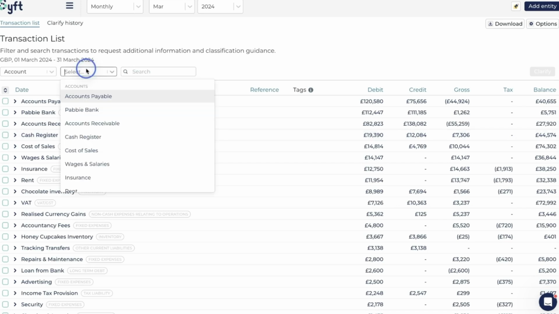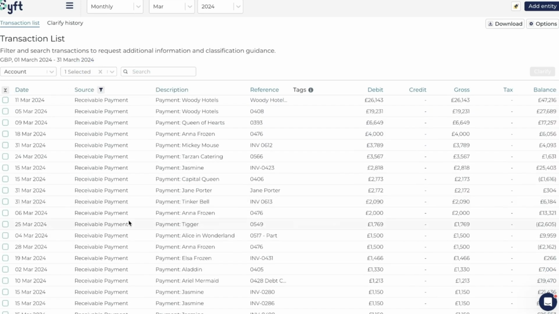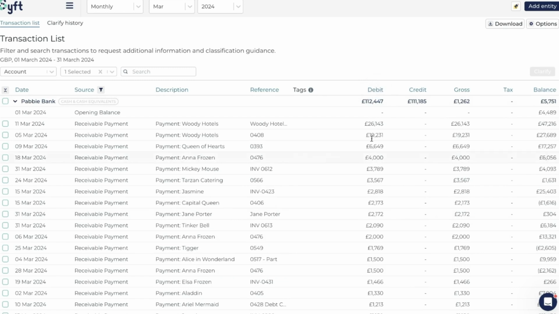We could also, as we saw earlier, look at a specific account and look at the transactions that happened within that account to understand better the reason for a movement in that account. So if there was a very large movement in a specific account, we could sort from high to low and see what the biggest movements were. And here we could see there was a big payment from Moody Hotel,